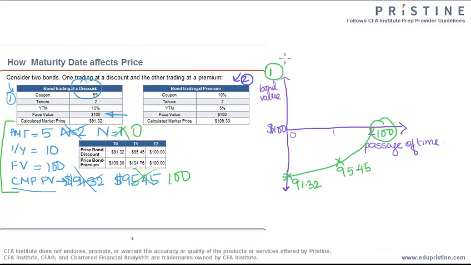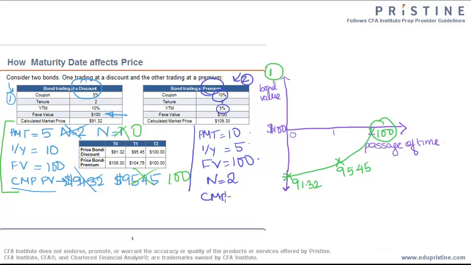This is similar to the first bond, except in this case, the coupon is 10% and the YTM is 5%. This means that the coupon is higher than the discount rate. That means the bond is trading at a premium. So when you enter all this on your calculator, your PMT would equal to 10. Your interest per year is equal to 5. Your face value again is 100. N is equal to 2. And you'd be computing your present value, which would work out to be